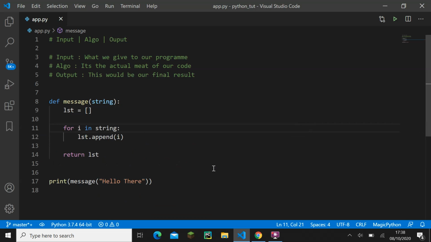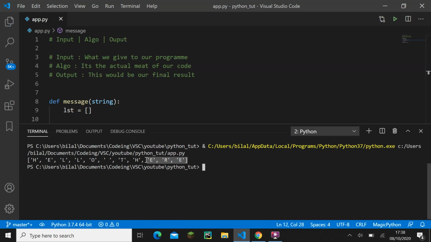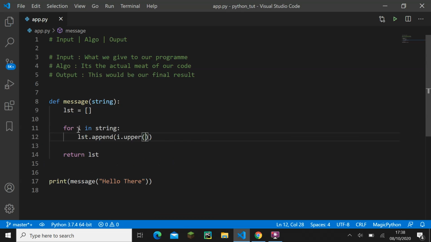So we can also do it where it's dot upper and run it, and all of these letters will be uppercase. So this is a really basic way of